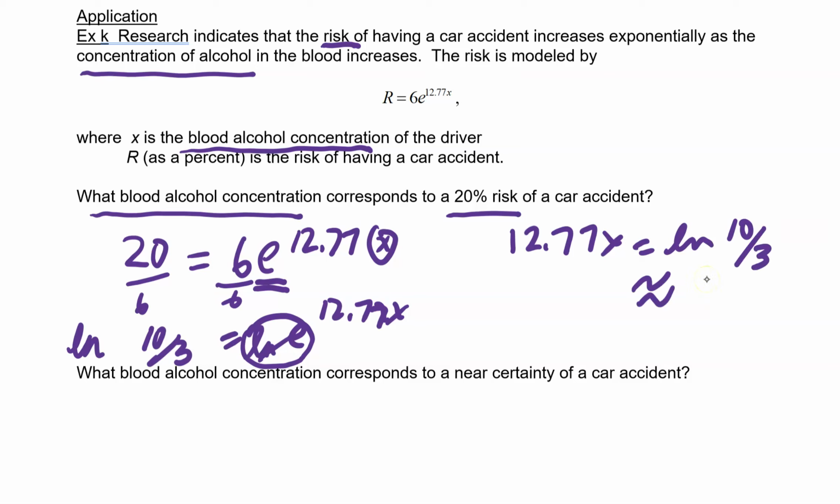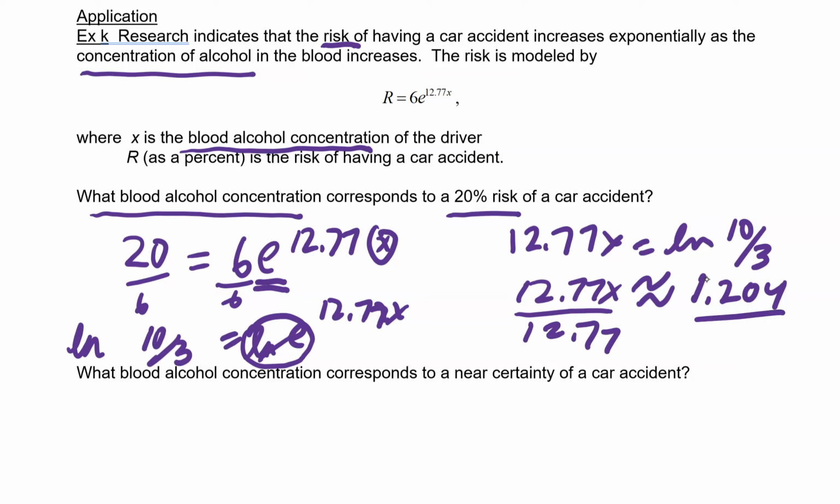Using a calculator, that natural log comes out to be about 1.204. So when I want to solve for x, I have 12.77x is approximately this decimal value, and dividing by 12.77 on both sides, I get that x is equal to approximately